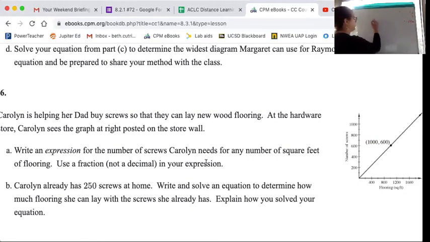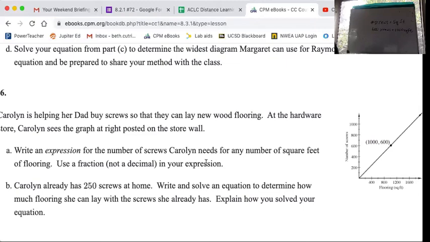So we have how many screws for square feet of flooring? And we're looking on that graph and it's saying that we need 600 screws for 1,000 square feet. So if we want an expression for the number of screws for the flooring, I think we can do this a couple different ways, but I think the way that makes the most sense